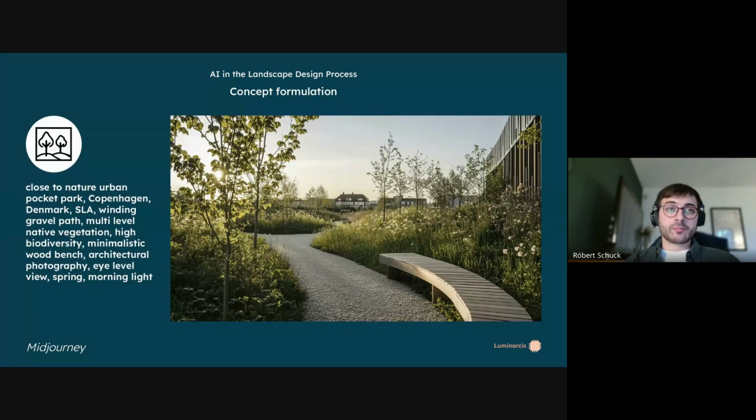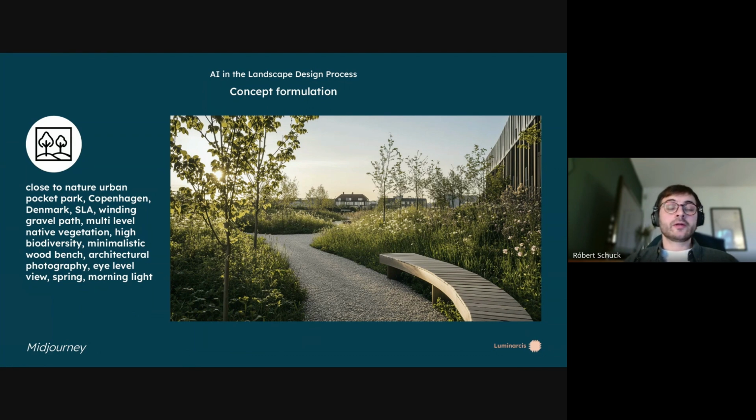So you can see this example. This is a relatively detailed prompt you can write, and I usually actually write much more detailed prompts than this, but it's a relatively detailed prompt. You can see that there is information about the environment, the general design, shapes, vegetation, style, and the style of photography. And this way, if you include information like this, you can get kind of a concept image, a very initial concept